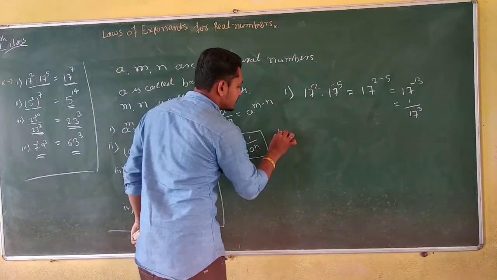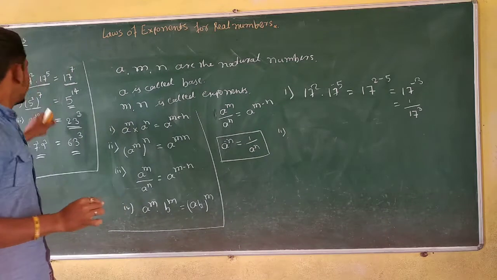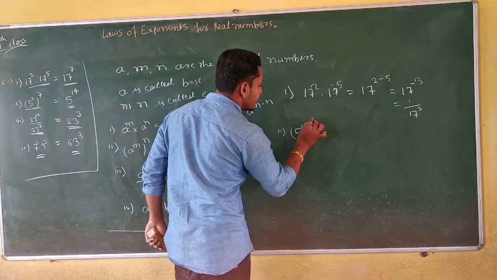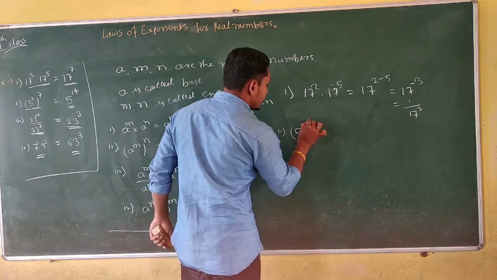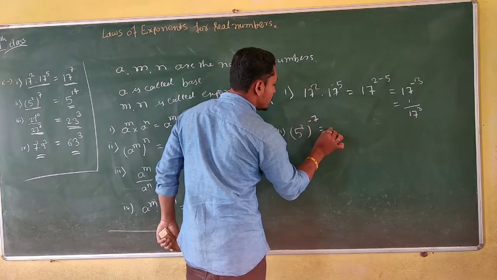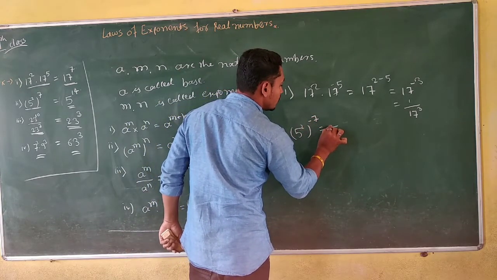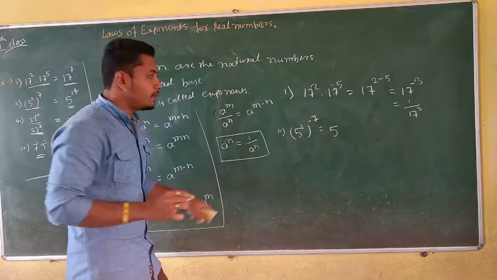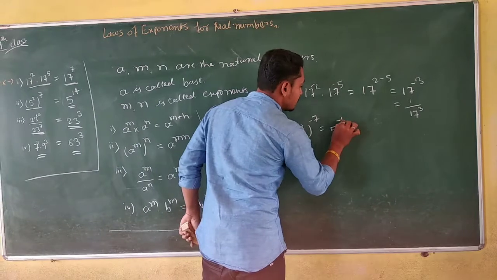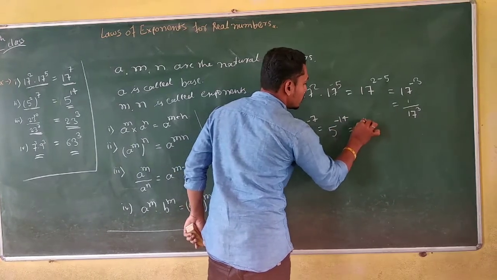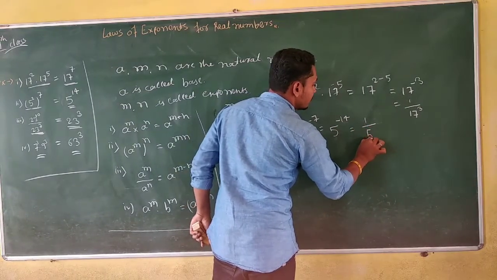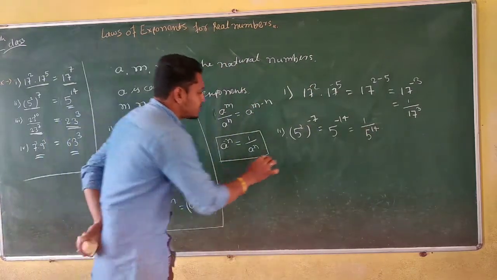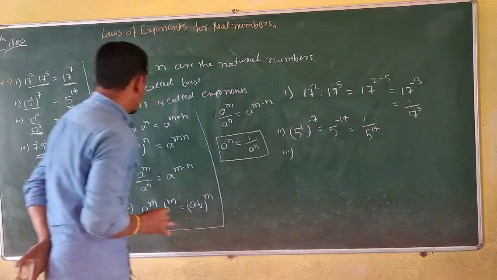Is it right? Next, the second one, 5 square whole bracket to the minus 7 is equal to 5 to the m into n, so minus 14, which is equal to 1 divided by 5 to the 14. Is it right? Next, third one,